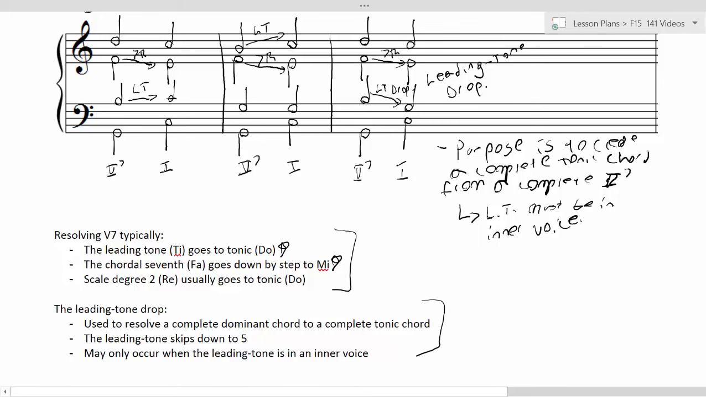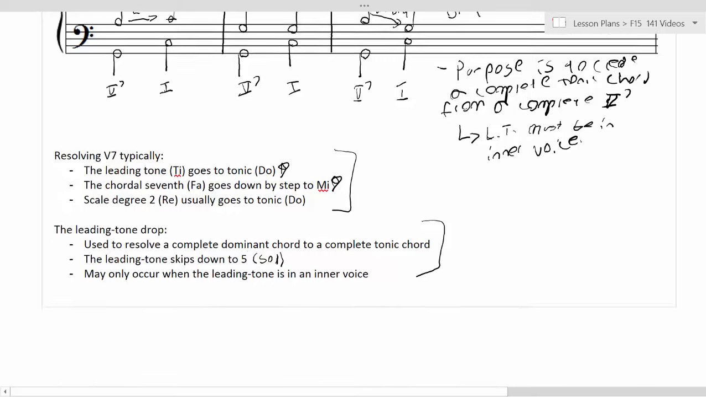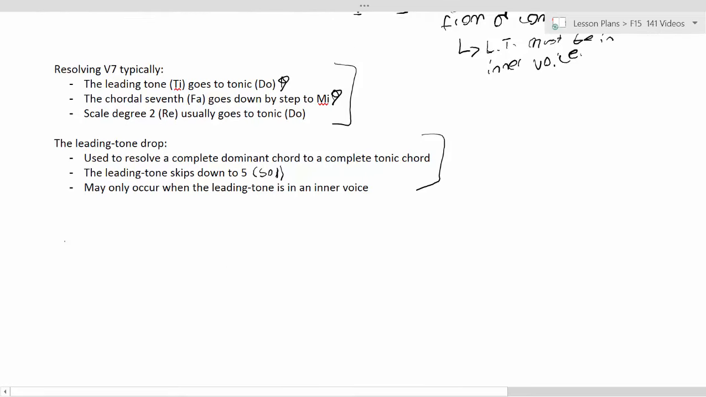As I said, it's used to resolve a complete dominant chord to a complete tonic. It occurs when the leading tone skips down to scale degree 5, which is sol. And it may only occur when the leading tone is in an inner voice. All right, so the steps then to writing 5/7,